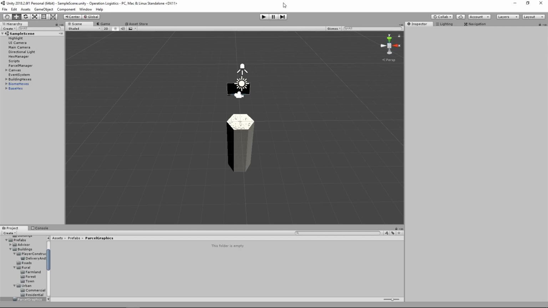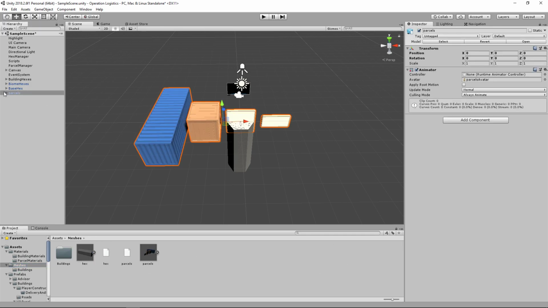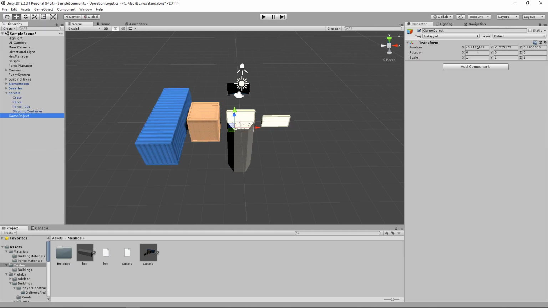Hello everybody and welcome back to Operation Logistics, where we need to be working on creating some prefabs for our parcels here. We've already got the parcel meshes made here, so let's just go ahead and bring those right out here. And then I think we're just going to go ahead and create an empty game object at